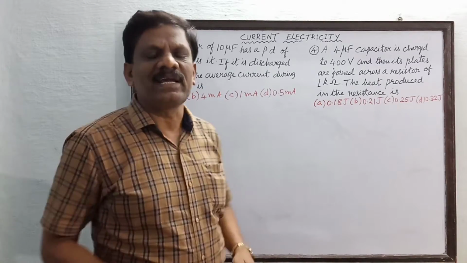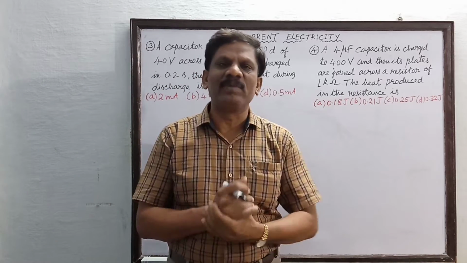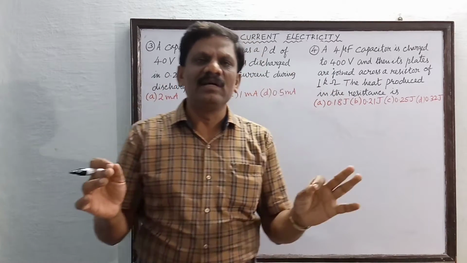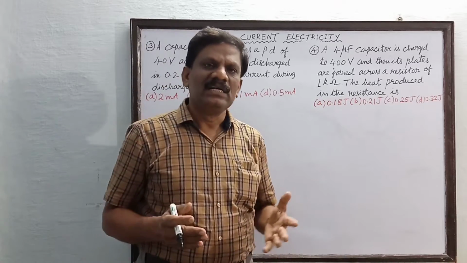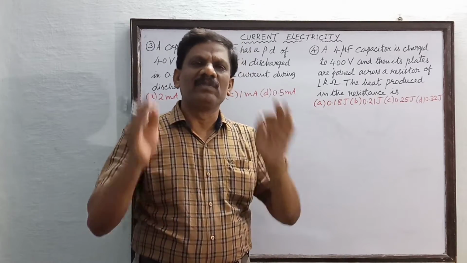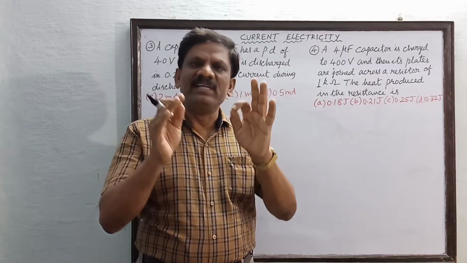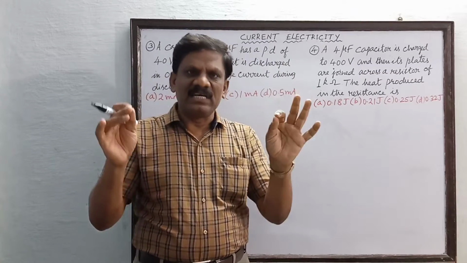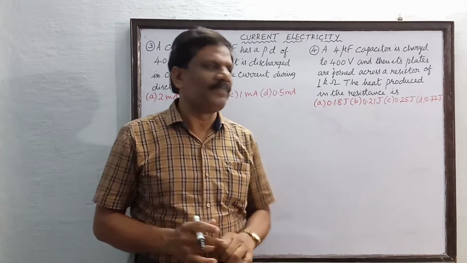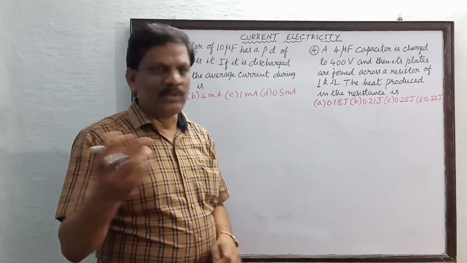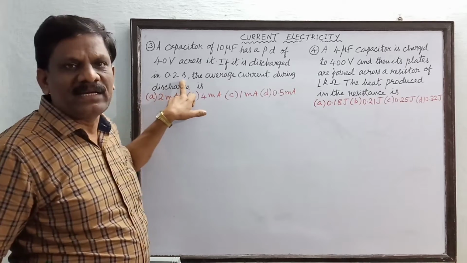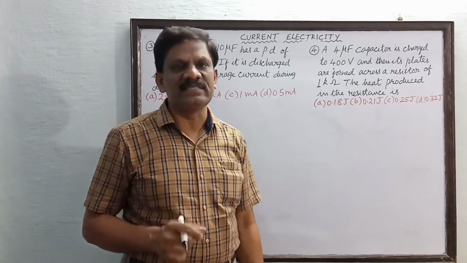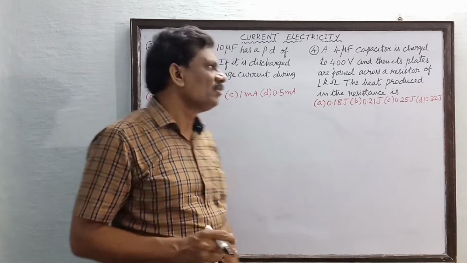So we have studied a capacitor consists of two parallel plates. When it is connected to a battery of potential difference 40 volt, it gets first charged. Then after the removal of the battery, the capacitor is fully charged, which means it will discharge when it is connected to a resistor, or in the circuit. Now if it is discharged in 0.2 second, the time of discharge, t, is given.